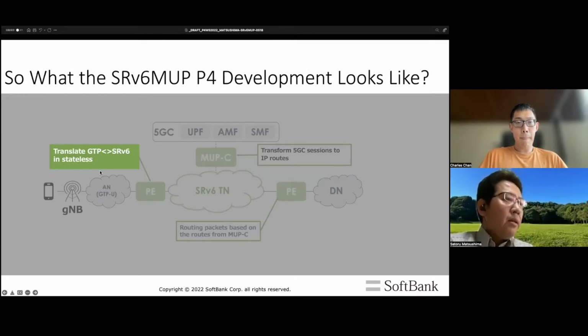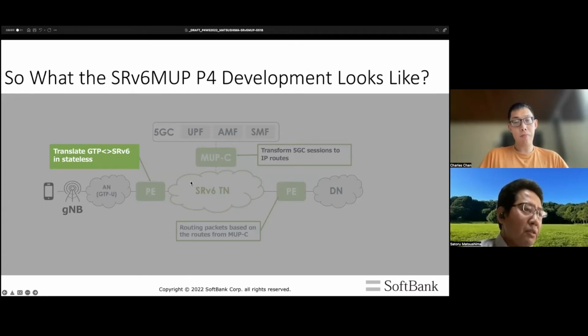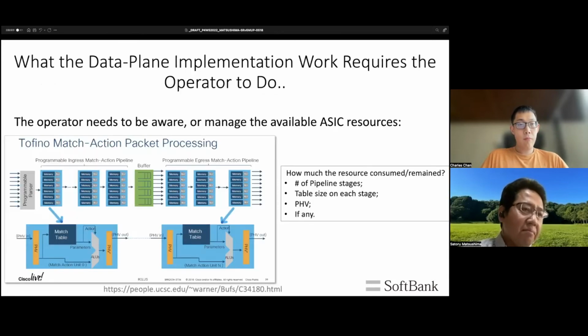So we explained the architecture work and the control plane protocol work to utilize data plane programmability using P4 and SRv6, not yet mentioning the data path function itself. So let me explain a little bit. I have to confess, I'm not a P4 expert, but